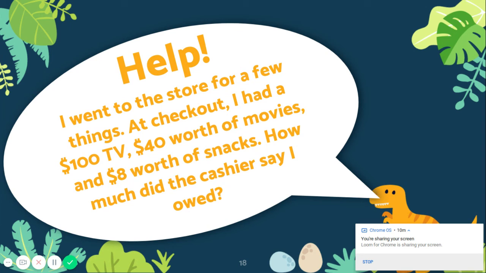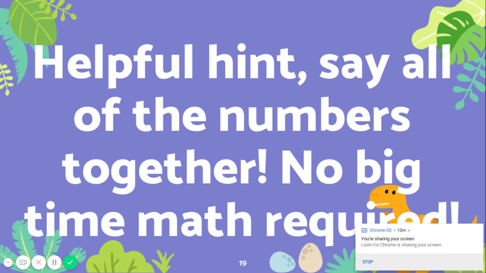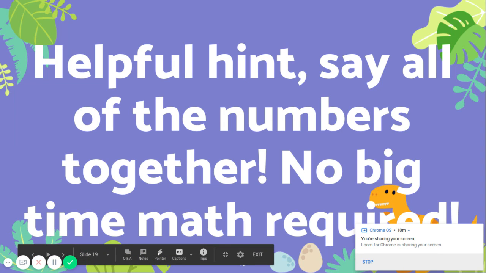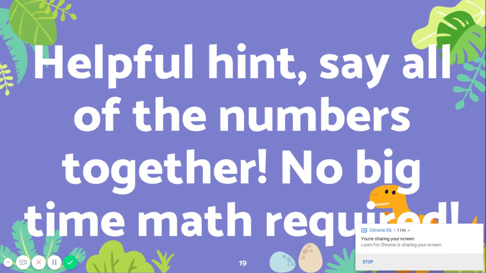So our answer that we talked through together in class today is that if we say all of the numbers, if we say 100 plus 40 plus 8, we have 148. As you move through the problems in Google Classroom, as you move through the problems in iReady, think about saying those numbers out loud. Think about how, if you really look at the numbers and you think about their places, the math for that becomes quite easy.